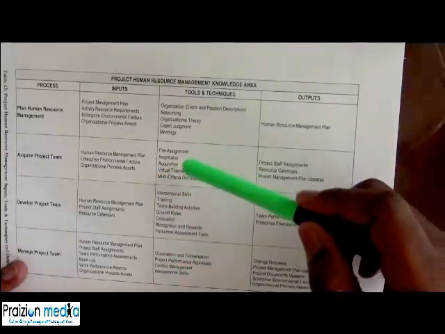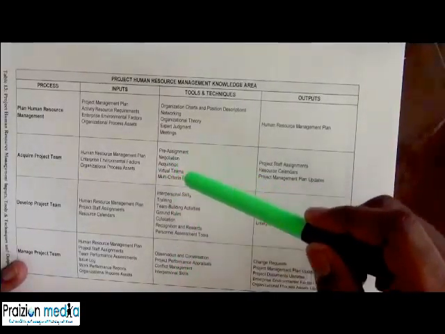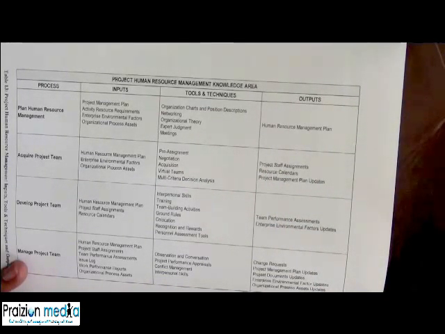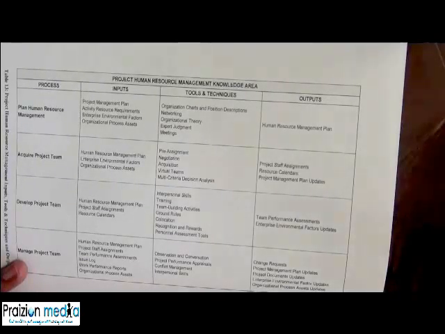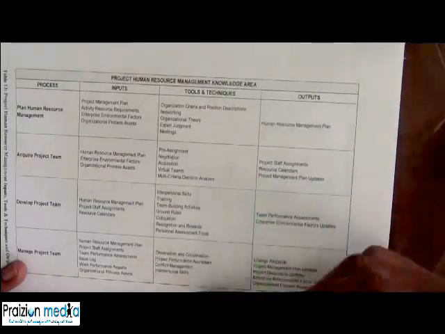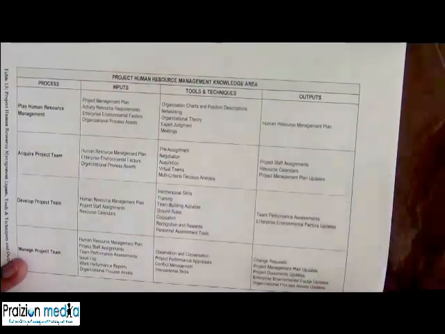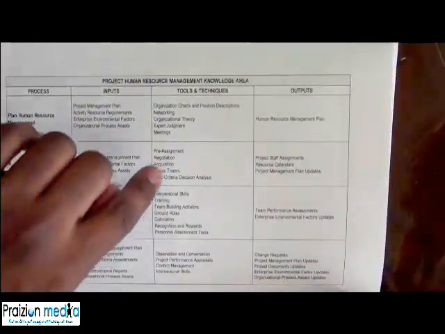You've got pre-assignment, negotiation, acquisition, virtual teams, and the big mouthful, multi-criteria decision analysis, which is nothing other than an analysis to ask yourself, what are the criteria for employing or hiring people for this project? What do we need on the project? You need to really know what all these are. And I would advise that you go to Appendix X3 to read the different